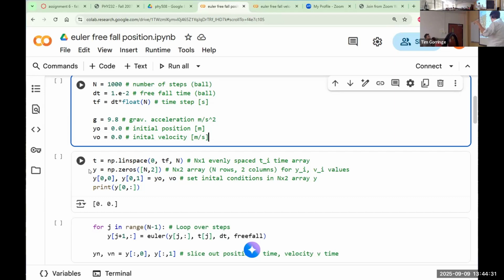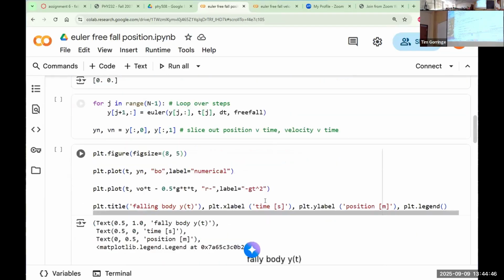Here you can see I'm filling two different positions with the initial velocity and the initial position. So that's the difference. That means that backing up to the functions,